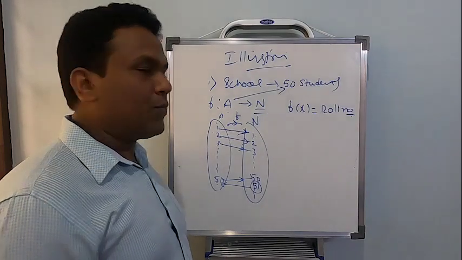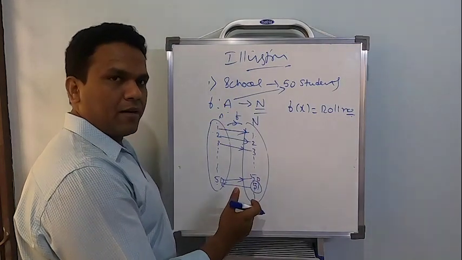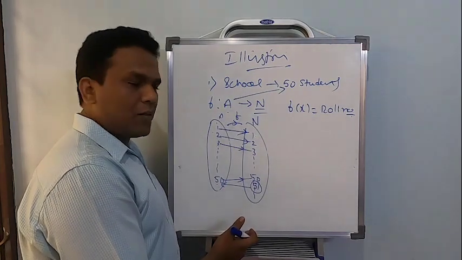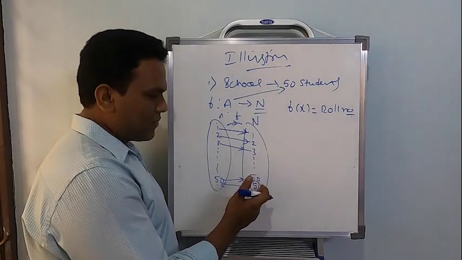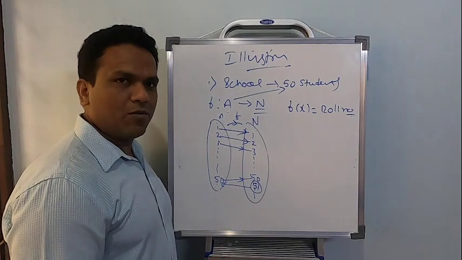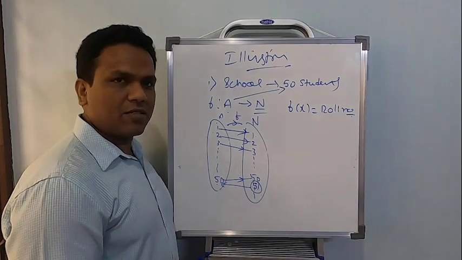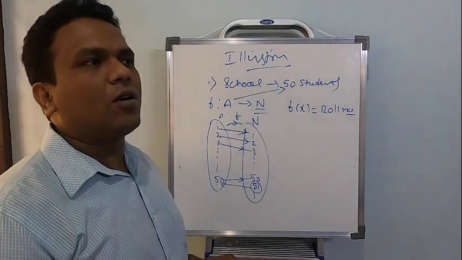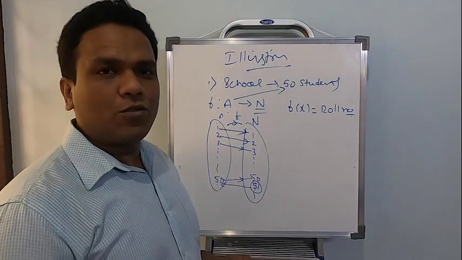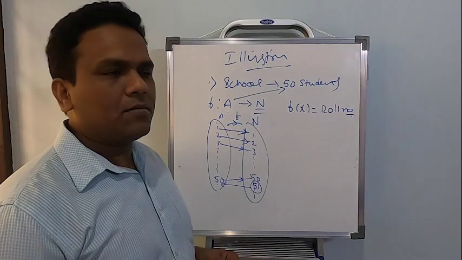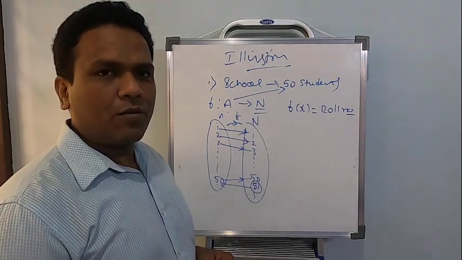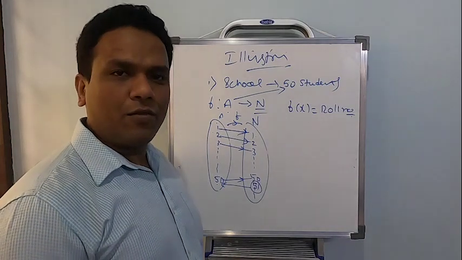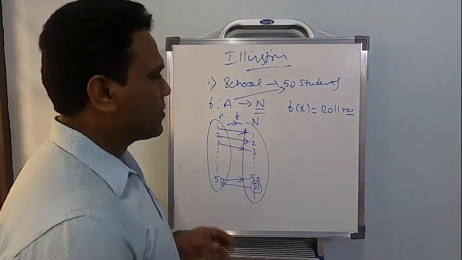When will you say it's onto? If every element from B has a pre-image here, but it's an infinite set actually. So only till 50 I can associate. After 51, it's not possible to have any student who is having that register number. Okay, so in day-to-day life also we have something called a relation. In day-to-day life also we have something called a function, but we don't know. So this is one such beautiful example to understand the meaning of 1-1 function and onto function.